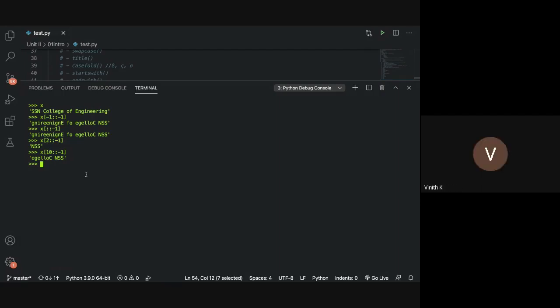10, 4, minus 1, sir. Okay, so you say 10 double colon or single colon? Single colon? 4. Actually, it's 10, 2, minus 1. Okay, you mean to make use of this operator or this operator? 10, 2, minus 1, you say? Yes, sir. This way? Yes, sir. Okay, so E G E L L O C.